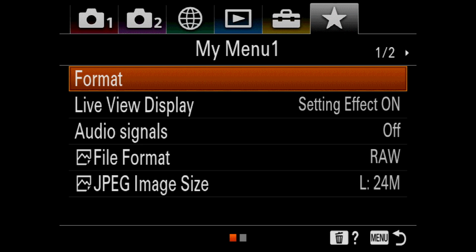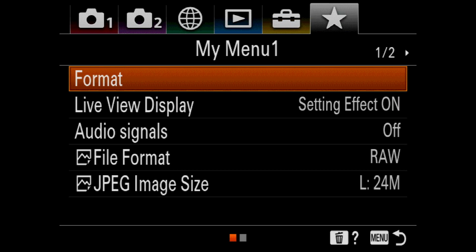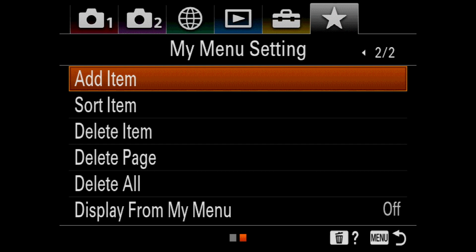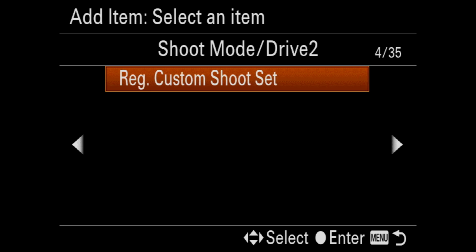So moving on to the My Menu system, and this is where you can build your own customizable menu. I put in here the items I use quite regularly, such as format, the live view display option, audio signals, file formats, etc. And it's quite simple to do. We just go to add item, and once we select that, we have 35 pages of items we can add. So if I want to change